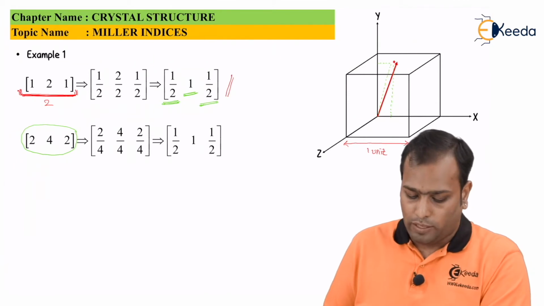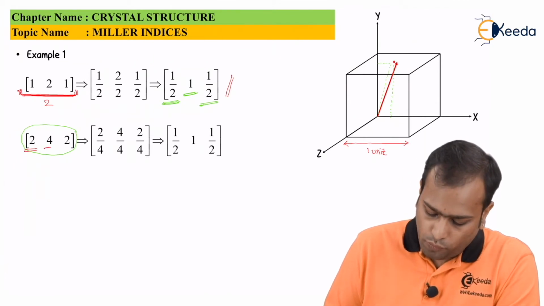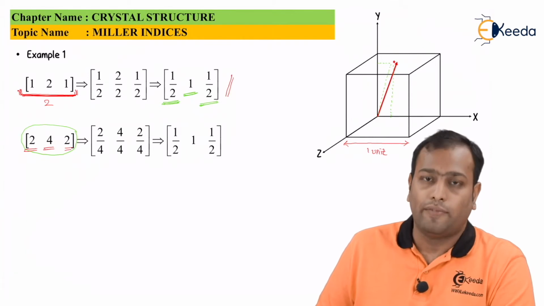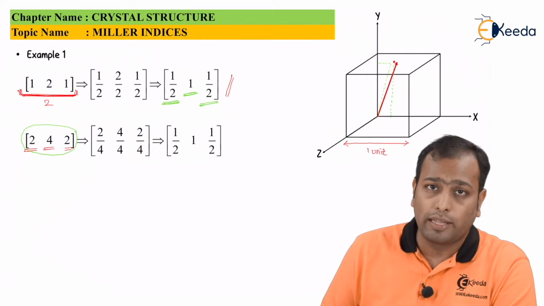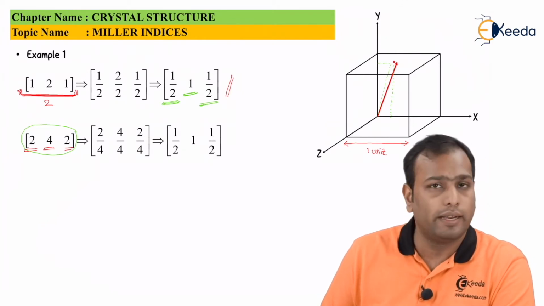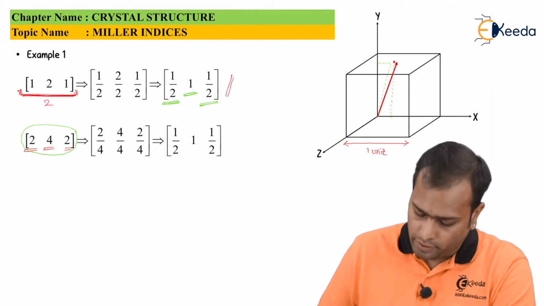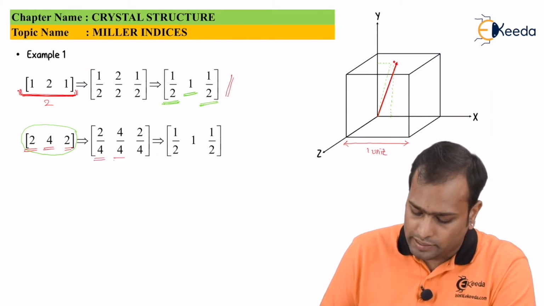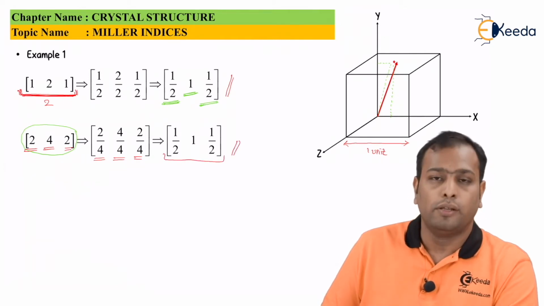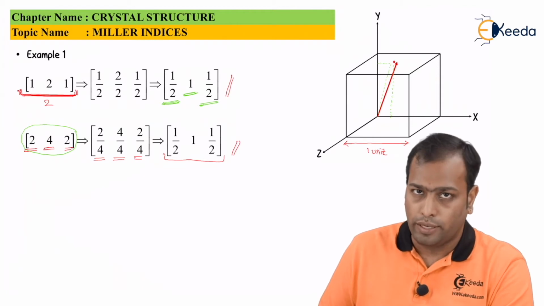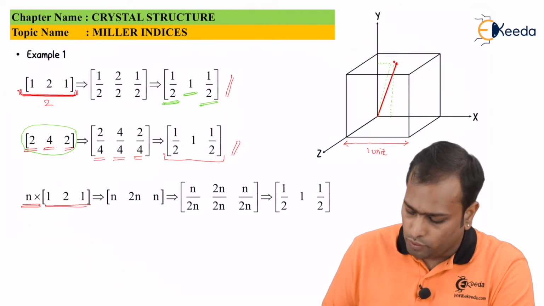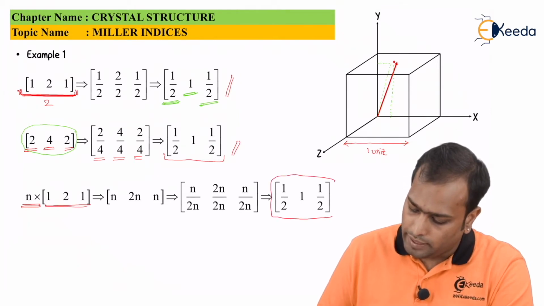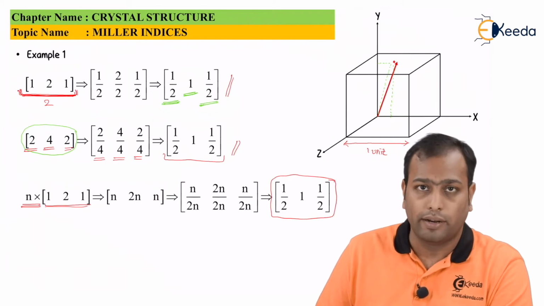Now, if I multiply 1, 1, 1 by 2, it becomes 2, 4, and 2? Here also, the values indicate proper values of Miller indices. But can we of course plot them again? No, we cannot plot because we are considering the unit cell's magnitude to be 1 unit. So again we'll normalize, we'll divide it by 4, which is the maximum value, and finally we'll be getting the same coordinates as we got earlier. So overall the crux of the story is, if you multiply by any integer, you will be getting the same Miller indices or the same Miller directional indices.